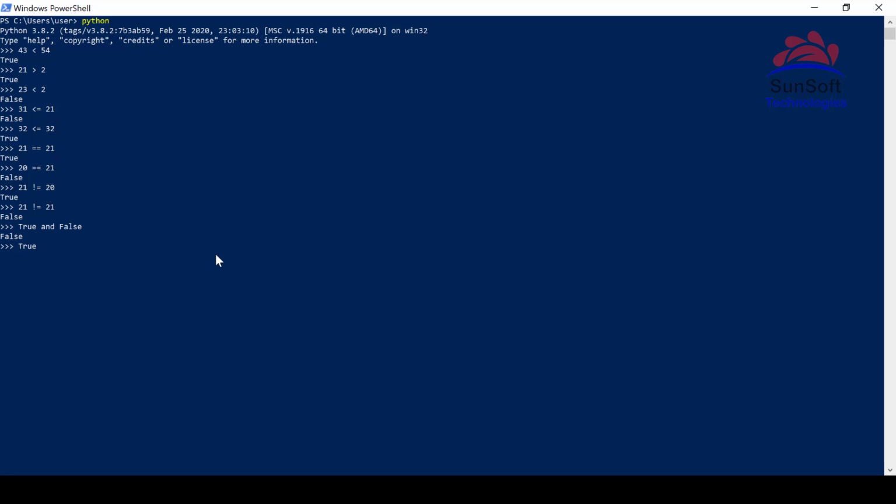Similarly, true and true is true. Now false and true is still false, and false and false is obviously false. So this gives you the idea of the working of the AND operator. The AND operator will only return true if both of the operands are true.